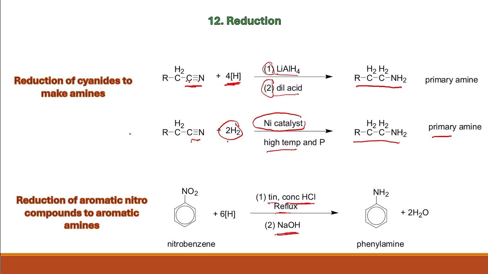The reason why we add sodium hydroxide in the second step is because what's generated from the first step is going to be the quaternary ammonium compound. So it's not just going to be an amine, it's the phenylammonium chloride, C6H5NH3Cl. So in order to get the phenylamine, the neutral compound